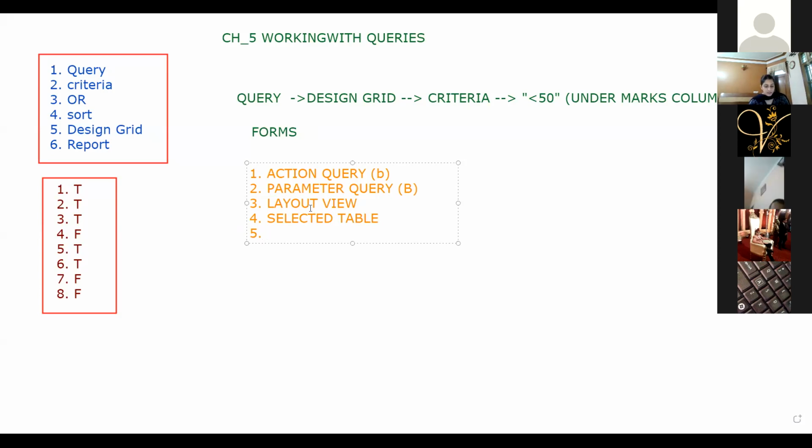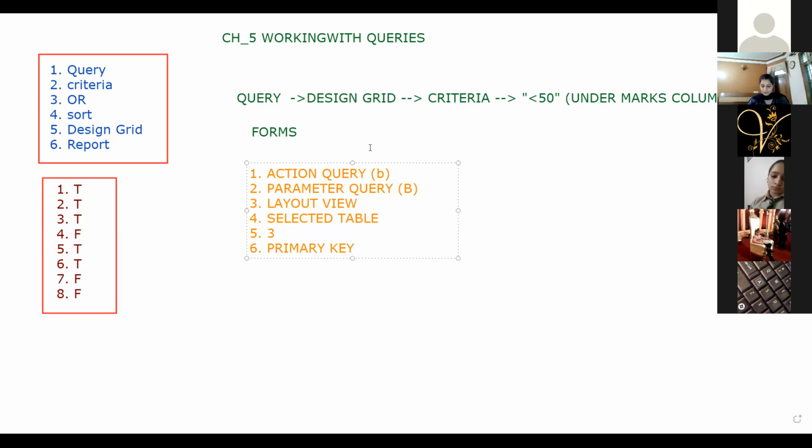How many views does the system provide to display a form? 3. So there are three views. Which key defines the relationship between two tables? Primary key.